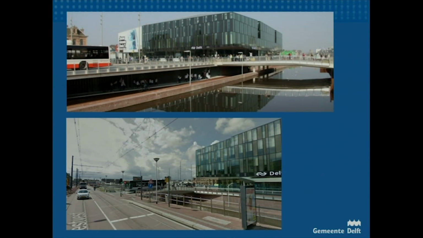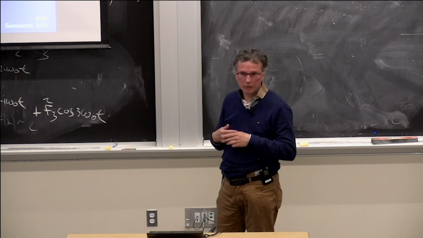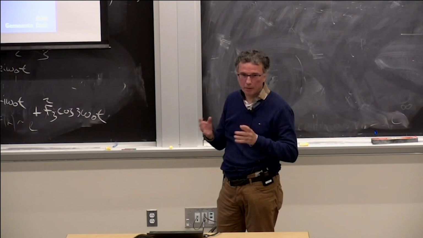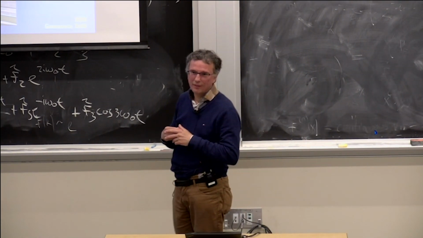This is the town hall, the glass building, and the ground floor is the railroad station with the name Delft on it. And underneath, in white, you can see people standing at the entrance of the parking garage. We've got 100,000 people living in Delft. This parking garage for bicycles is today 8,000 places, and it's not enough. So a few years later, that will be 10,000 places for 100,000 residents. So bike parking is very important. Yeah, but you also have a university there, so they're not all residents.